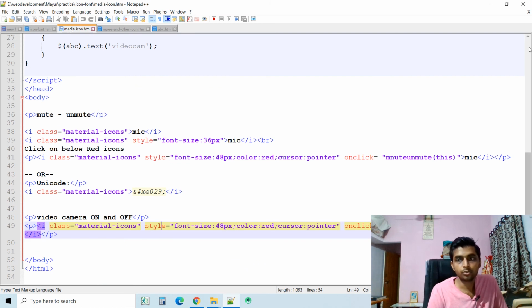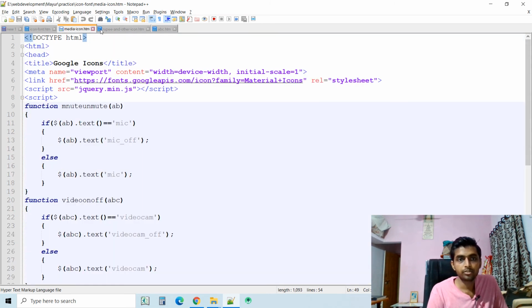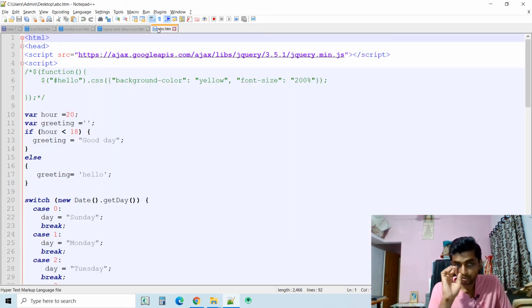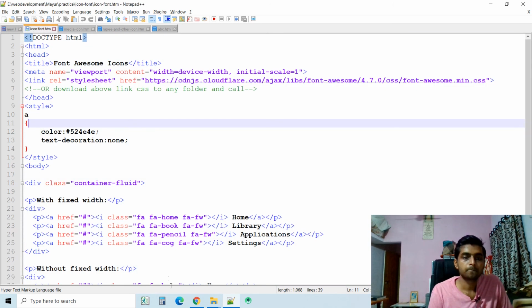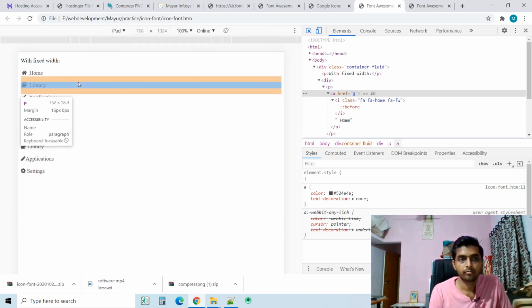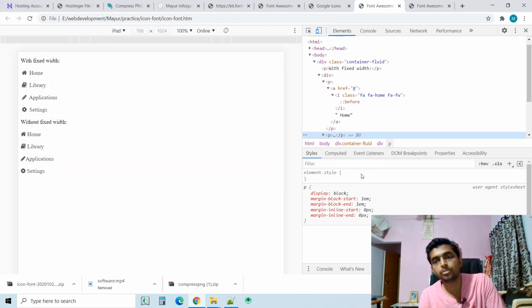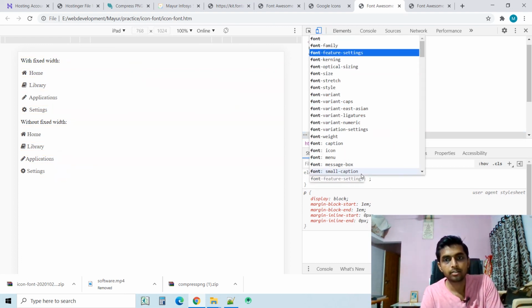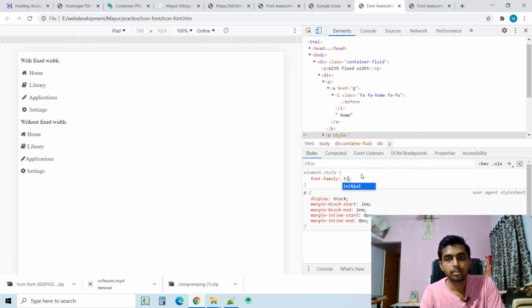Let us suppose I show you a demo. I am using some other font family. Let us suppose here I am showing you a font family, Arial.